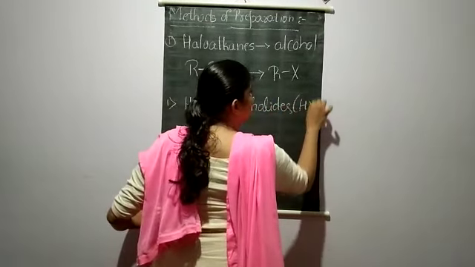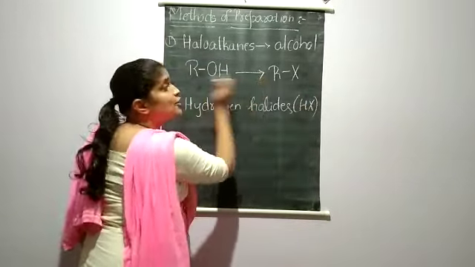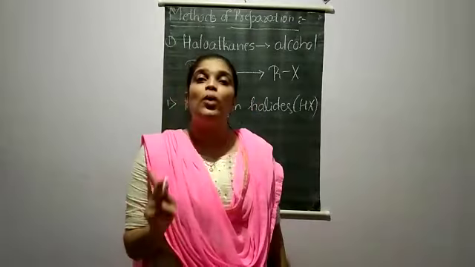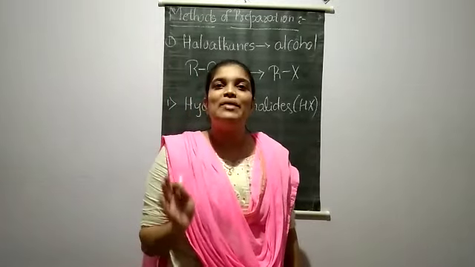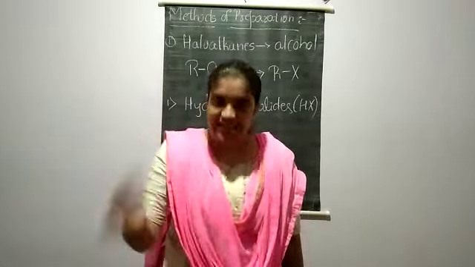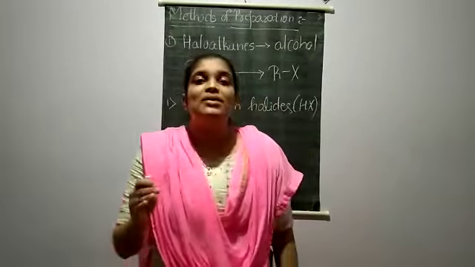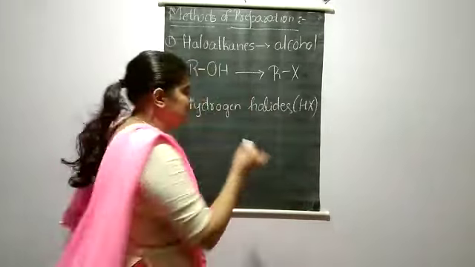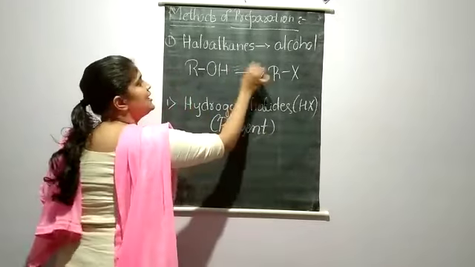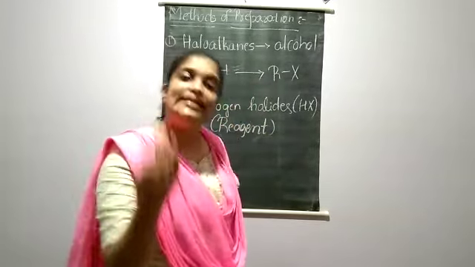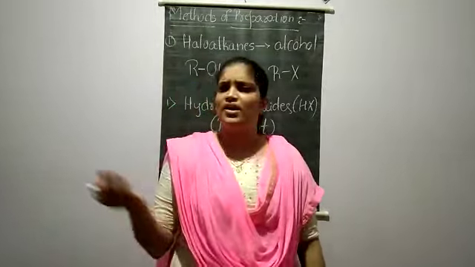Okay, hydrogen halides. Now before I explain you should know one thing, students. Here the left side of the arrow mark, usually there will be two things. One is known as the substrate, which is the main organic compound on which attack is taking place. And the second one is the one which attacks that. That is known as a reagent. So one can be hydrogen halides, that is your HF, HCl, HBr, HI, anything.